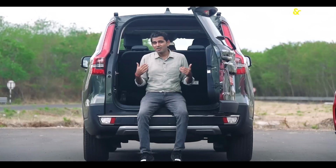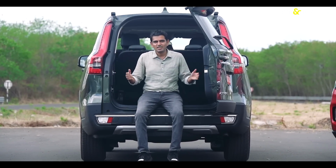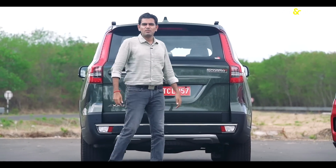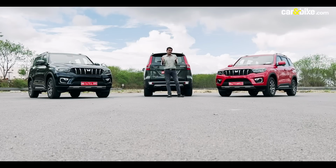I have to say, I personally would have preferred if this had been a conventional hatch. I just think that's more practical, more convenient, and you don't have to have all carryovers from the previous model like the side opening door here. But that said,